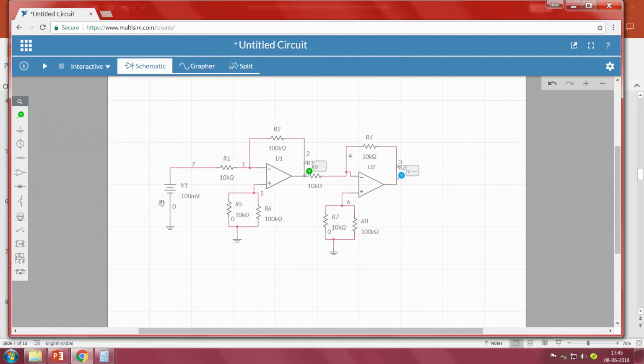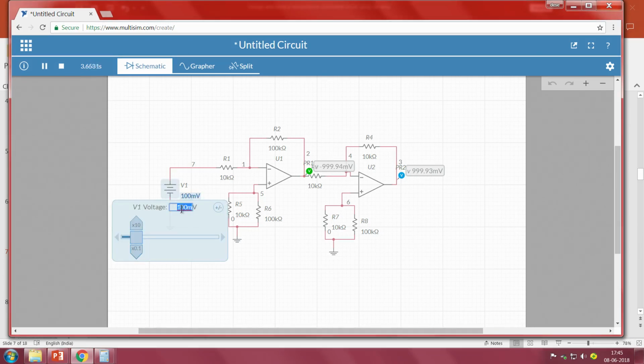If you recall, for 100 milli the gain is 10, we should get output as minus 1 volt. Let me run: minus 999.94 millivolts, which is minus 1 volt. Now after passing through another operational amplifier which is the phase changer, the negative has become positive. So this is working fine.